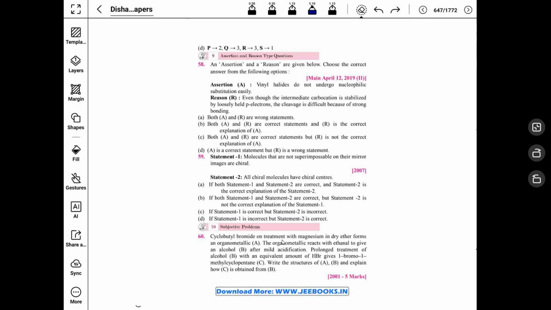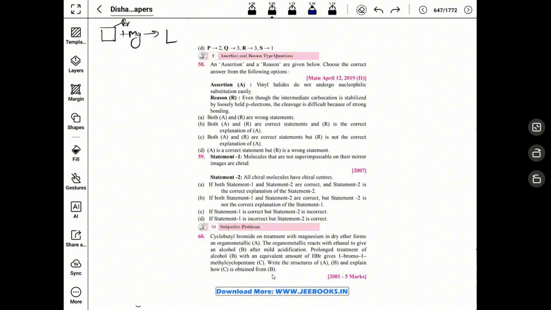Question number 60. Cyclobutyl bromide on treatment with magnesium in dry ether forms an organometallic A. The organometallic reacts with ethanal to give an alcohol B. After mild acidification, prolonged treatment of alcohol B with an equivalent amount of HBr gives 1-bromo 1-methyl cyclopentane C. Write the structures of A, B, and explain how C is obtained from B. Okay, so this is the first reaction